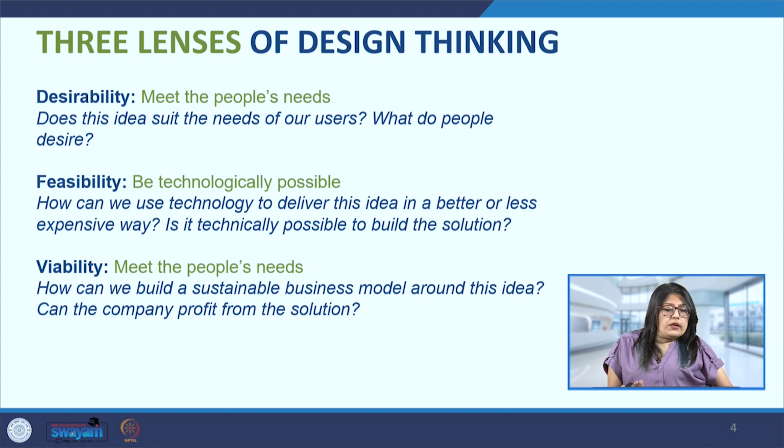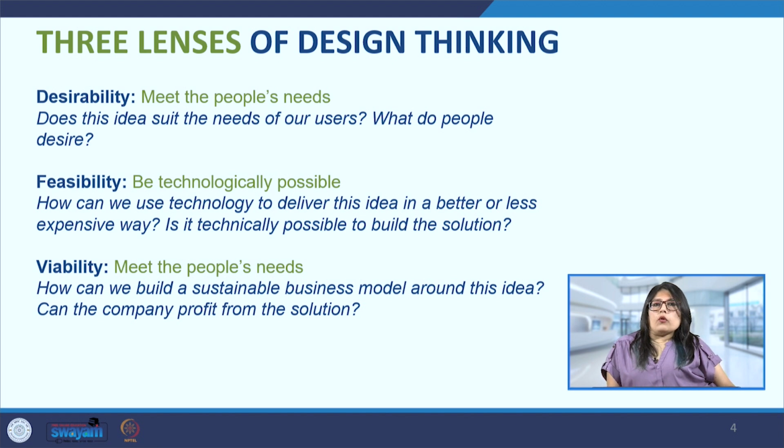So, for desirability, we can ask questions like, does this idea suit the needs of our users, and what do people desire? So, now some of the needs that we will put down or we have identified, they are coming straight from the people. When we are talking with them, we used different methods earlier, empathy, where we discussed with them, observed them, and some of these ideas or these problems or challenges we may also notice as a designer people going through. So, now adding our own insight into it, and maybe thinking of the problem not just from the point of view of what the user has told us, but applying our own observation as well.